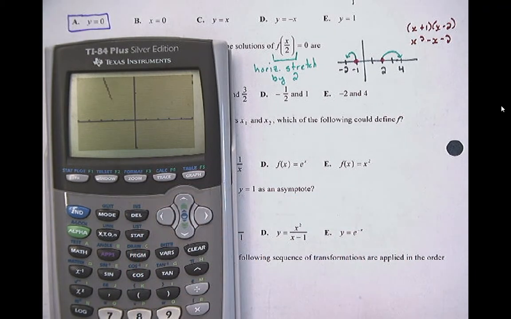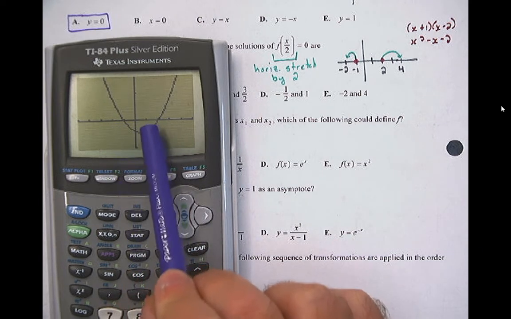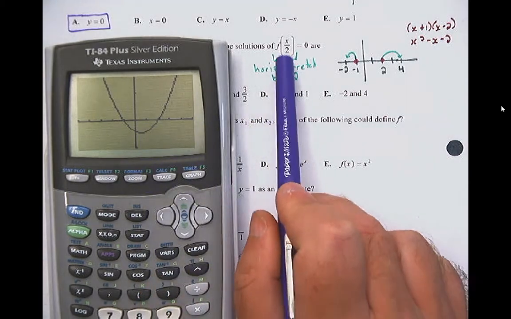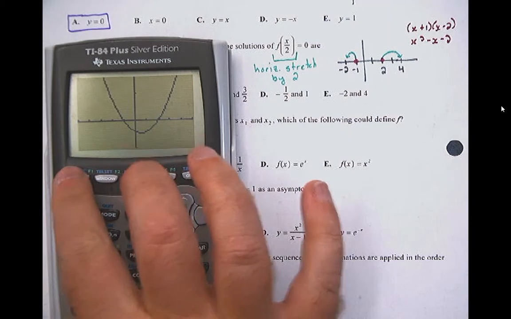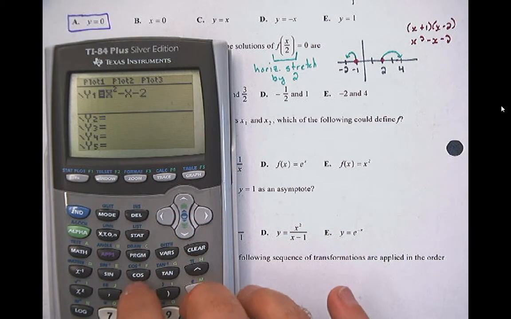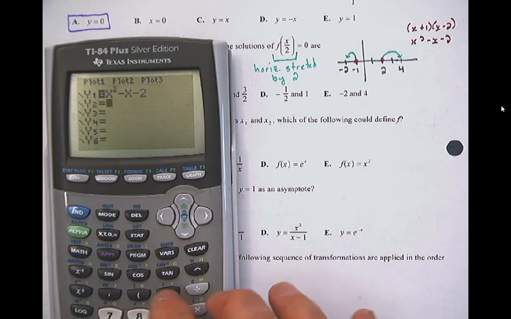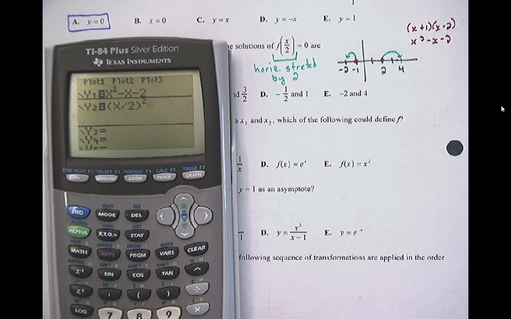All right, so look at what happened here. Where are my zeros? My zeros are occurring at negative 1 and positive 2, right? Now I'm going to transform my function. That means I'm going to take the x and replace it with x over 2. I'm going to go to my equation now. I'm going to replace x. Let's make a new one. x gets replaced with x over 2 squared, minus x gets replaced with x over 2, and then minus 2